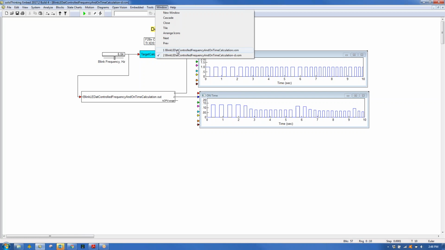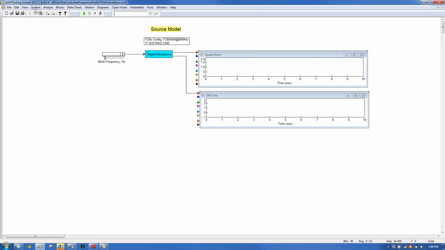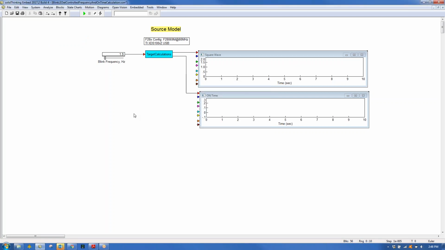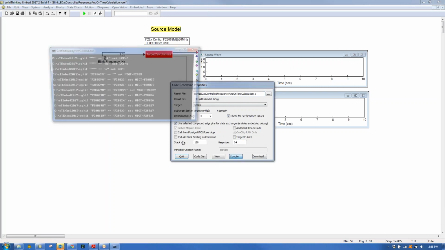Let me go back to the source model. Well, they're going to be identical up to a certain point, because the JTAG interface will only transmit data at about 200 hertz. So you will lose some data in that interface, and I'm going to talk about how to overcome that shortly, but just plotting it out like I have it, you will lose some data. I got it. So here, let me regenerate code, compile,